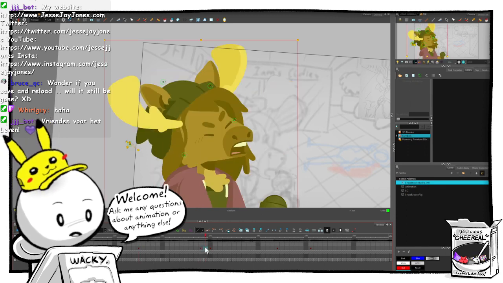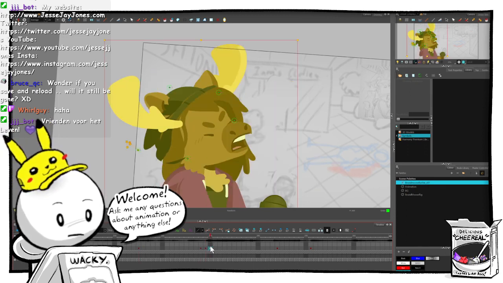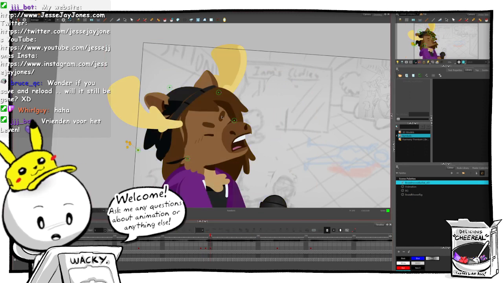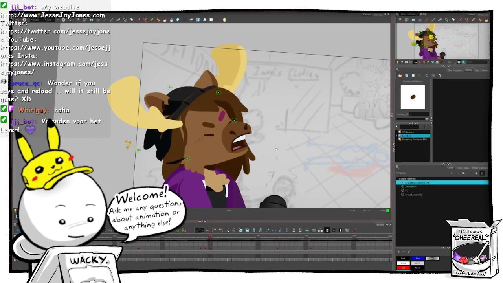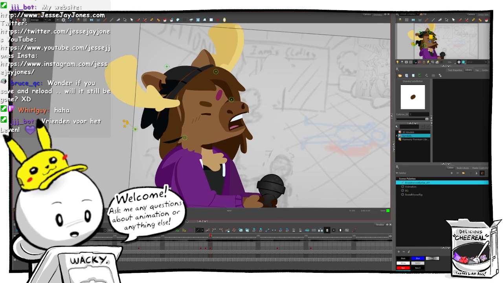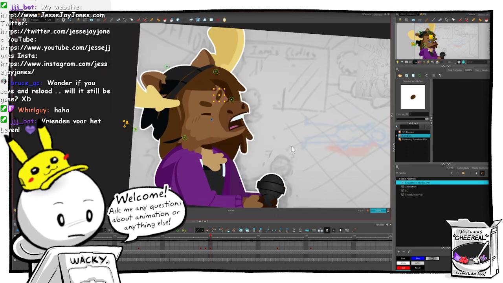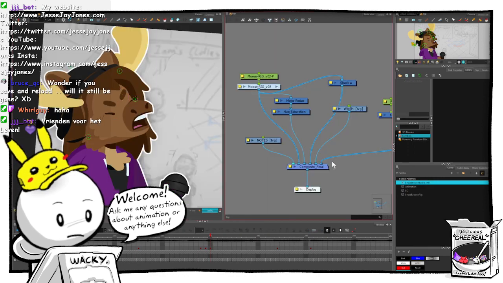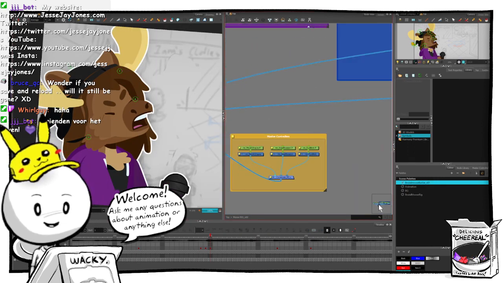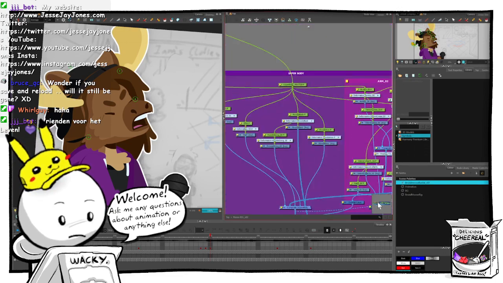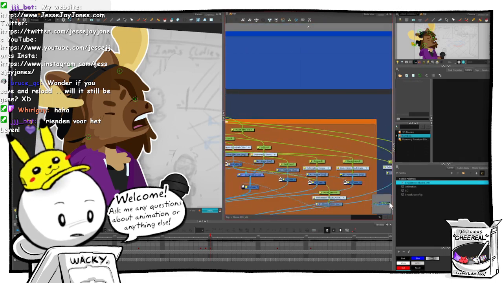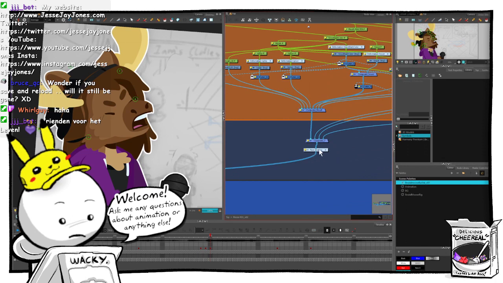Doing a cheeky little adjustment to this pose right here. Trying to get it so that we're more looking like from underneath him. So if we render it, I think for this pose we want to adjust his chin shadow, which is right here.